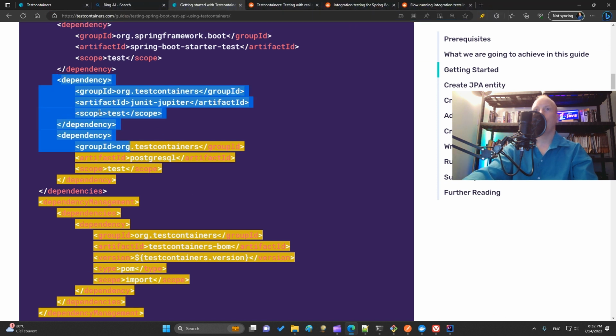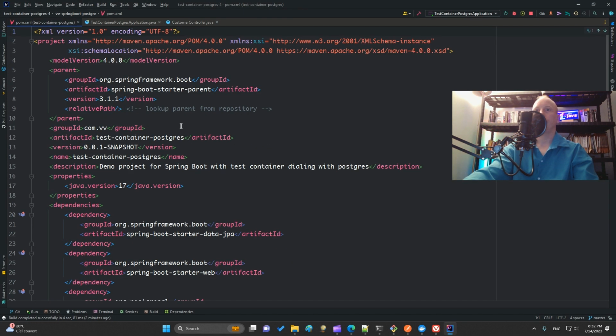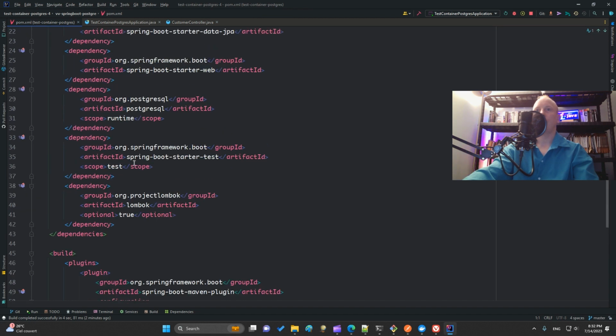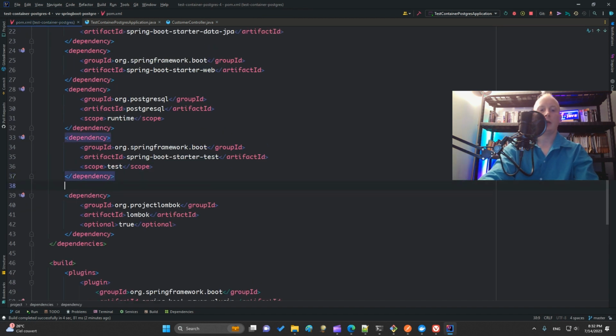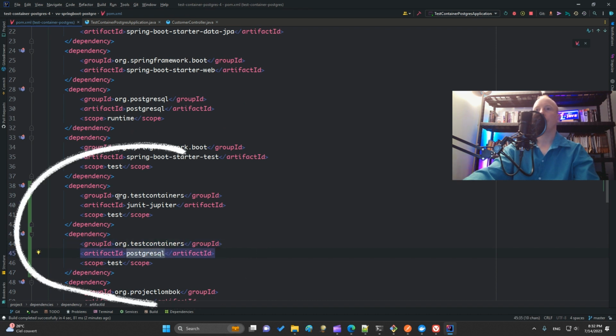So I have to copy this dependency. I go to the POM. I already have some dependencies, but I have to add this one to be able to test with a test container. This one is for the database, to have a Postgres database in the container. And this is to have the ability to test with Testcontainers.